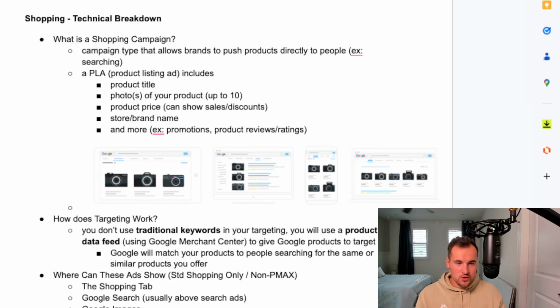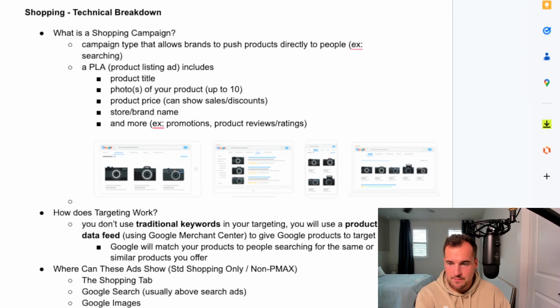All right, let's do a quick breakdown on just shopping campaigns and how technical they are. Not too technical in terms of targeting, not nearly as technical as that side. It's more based off the data feed and what you're going to be targeting that way. However, let's just get into it and show you what is a shopping campaign and how can you